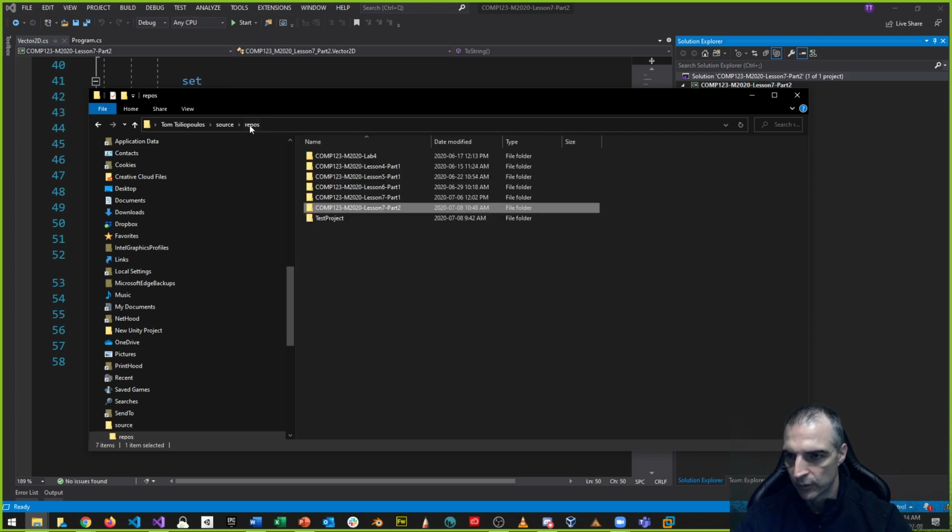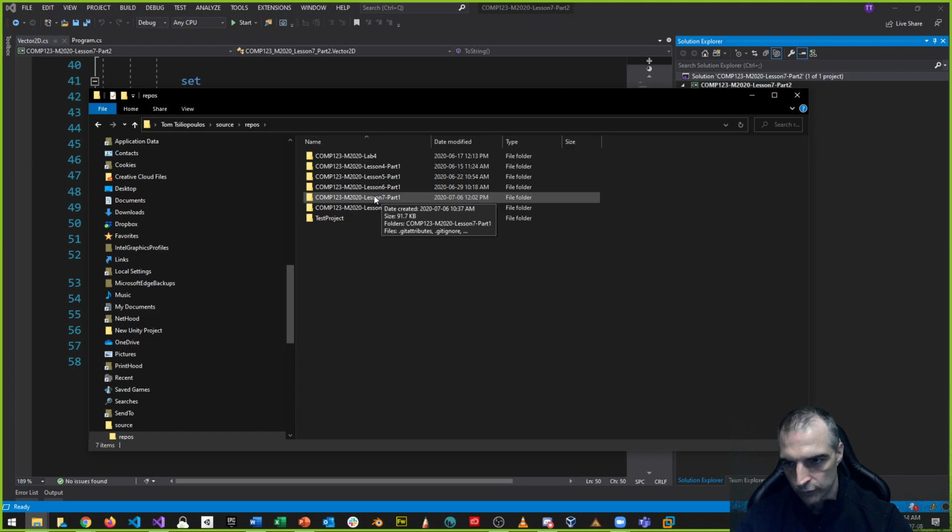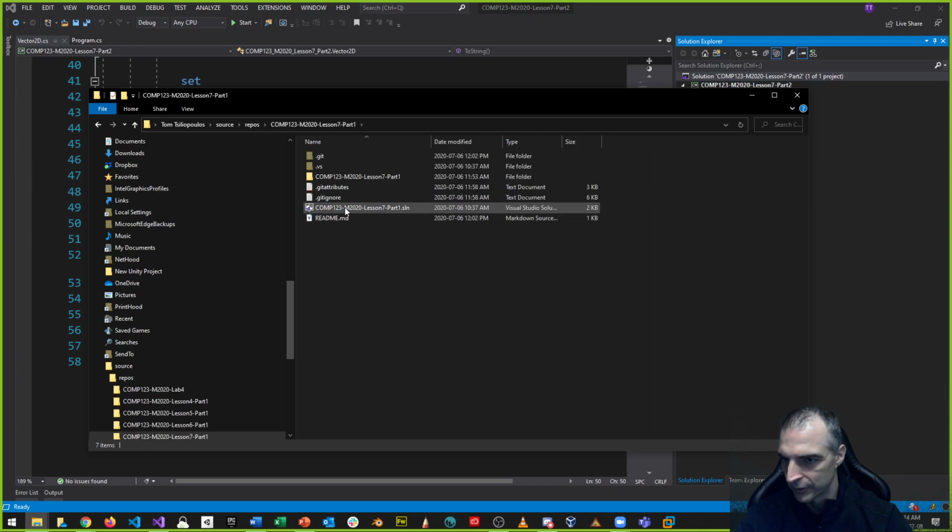I can go to repos, and if I want to zip up, let's say, the previous one, because I'm using this one, I can't do it, right? You'd have to shut down Visual Studio to do it. But if I want to zip up part 1, which I did on Monday, I want to take the entire project folder, okay? I don't just want the solution file. Please do not give me the solution file. This is not what I want you to zip up, okay? You need to zip up